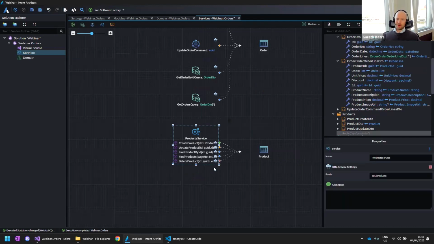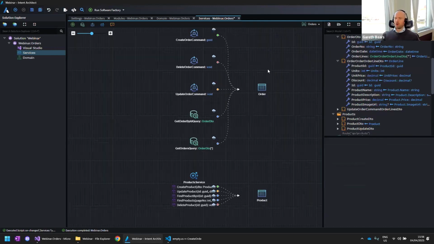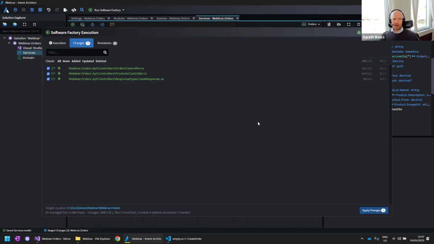And for the service, I can do the same, right? And I'll just expose all of those. So now I've taken all of the service I've created, and I'm exposing those all as HTTP endpoints. And if I push Control S or save, and I rerun the software factory execution, we can just wait for that to come up. And what you can see is rolling out for me right now is